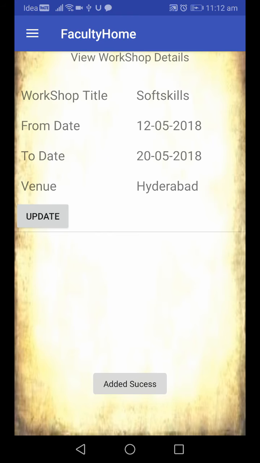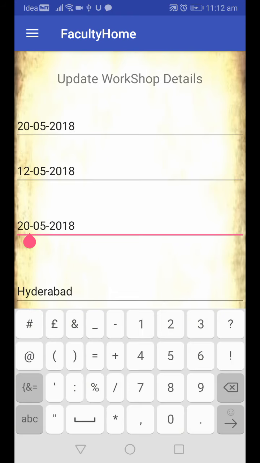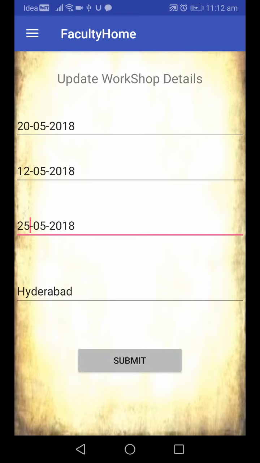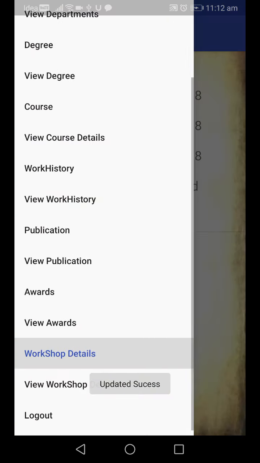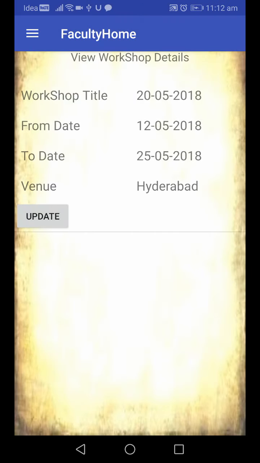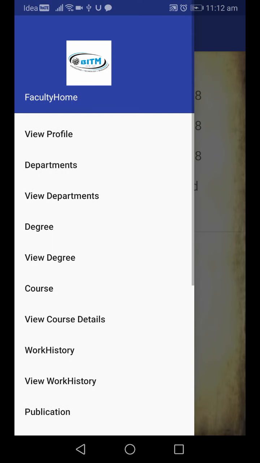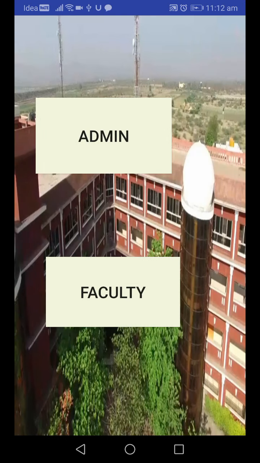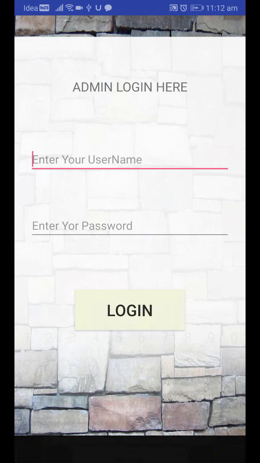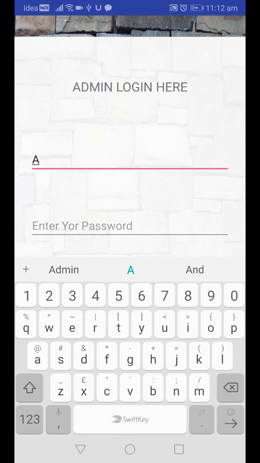In case I want to update, I can update. Then in view workshop history details, all the details added for the faculty are shown. The admin can write all those details in Excel format.